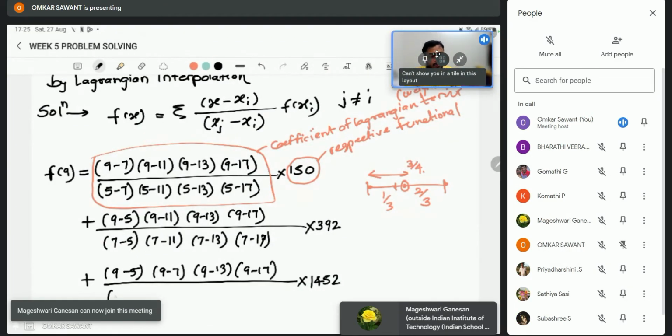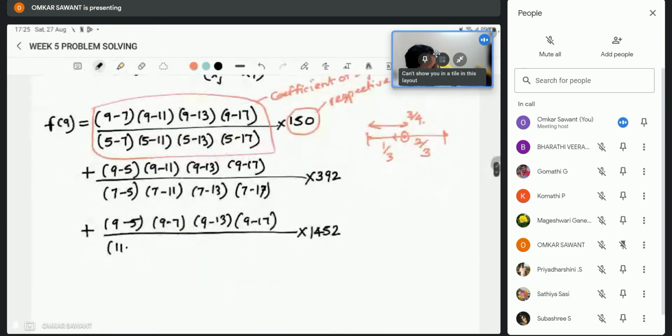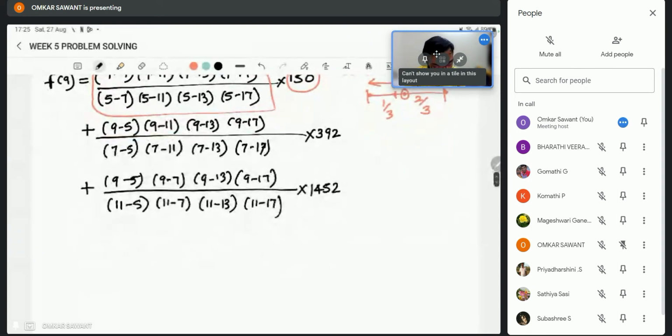Then we are calculating distance from where? 11, right? So just simply 11 minus 5, minus 7, 11, right? And this is the functional value of 11. Likewise,